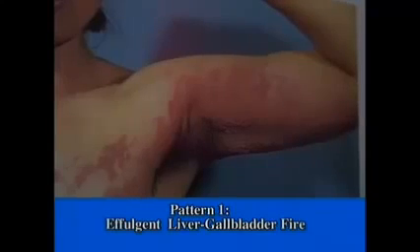Section 3. Pattern differentiation and treatment. 1. Body acupuncture. Pattern 1. Effulgent liver gallbladder fire. Primary symptoms. Pathological changes often manifest on the chest and flank. Eruptions may include